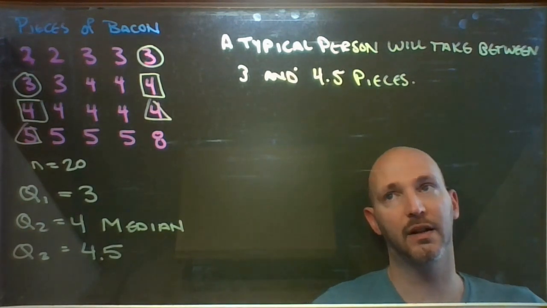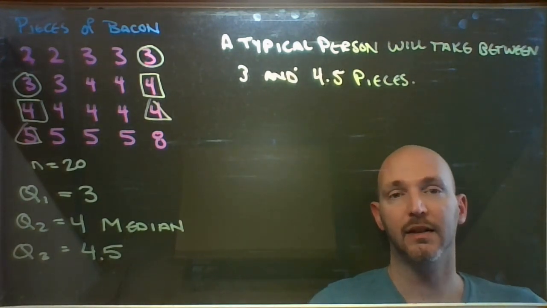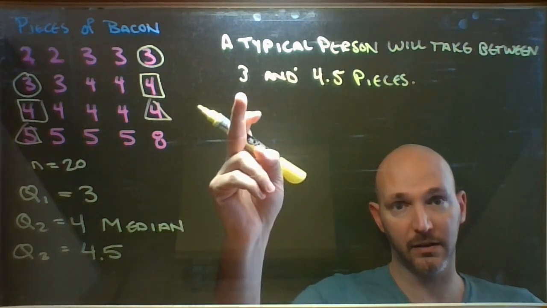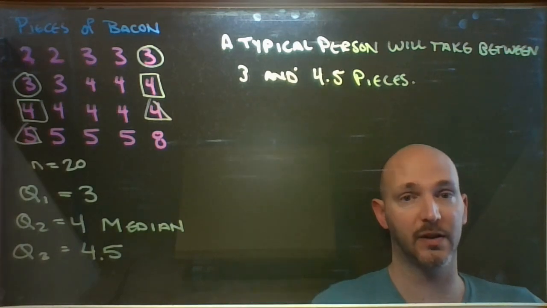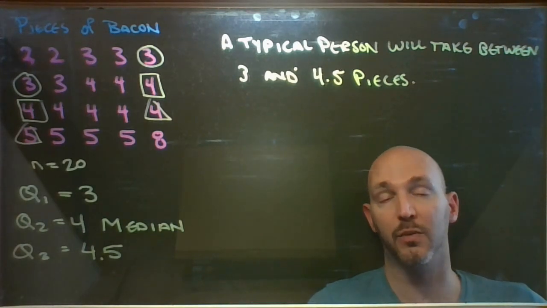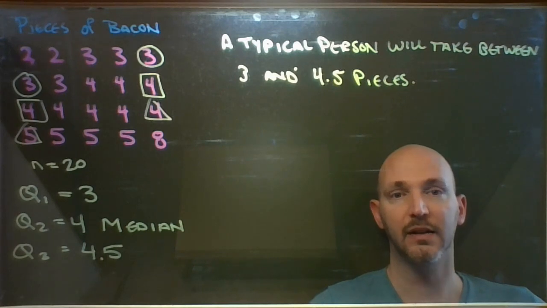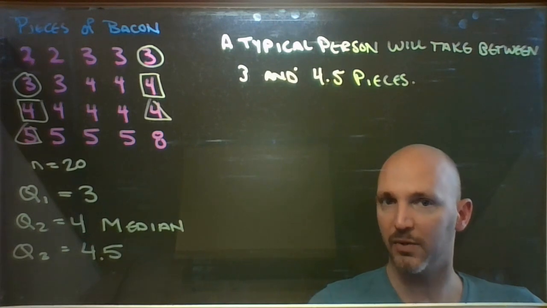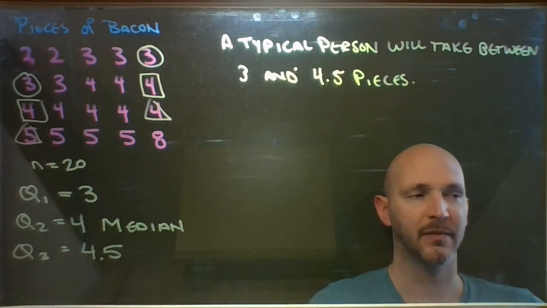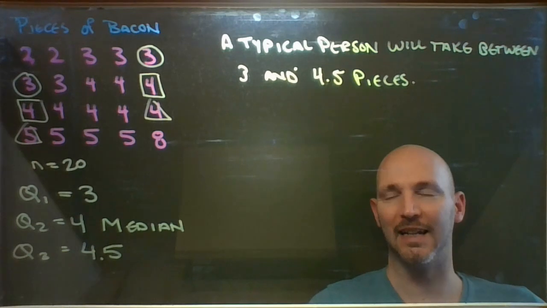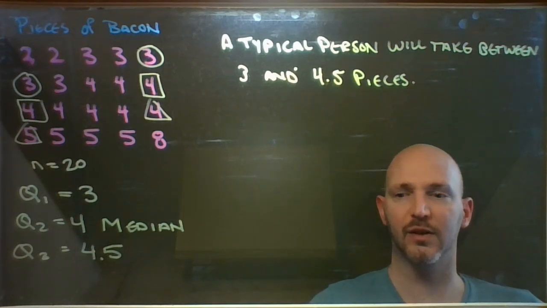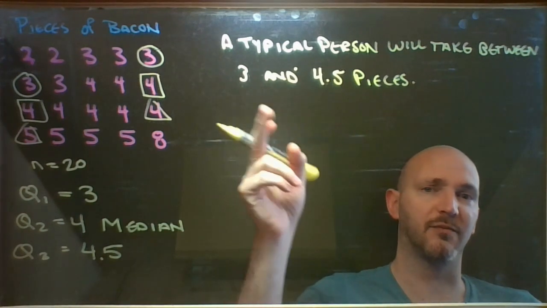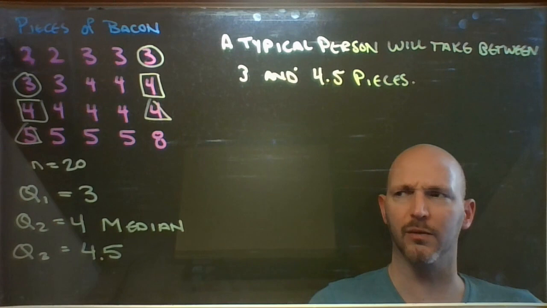So with a number like that, if you know that you serve 100 customers every day, you're going to need between 300 and 450 pieces of bacon available in that breakfast buffet. If you want to plan for emergencies, like over prepare, I suppose, because you would rather have the too much bacon problem than not enough, right? You can always put your leftovers in tomorrow's lunch,